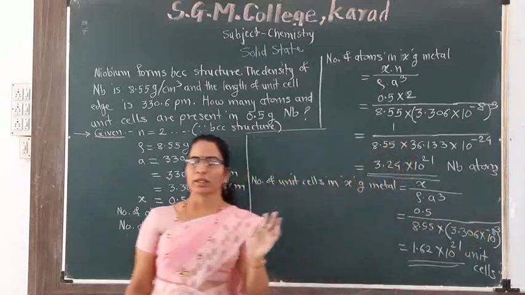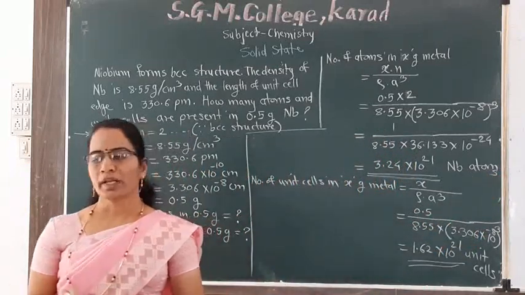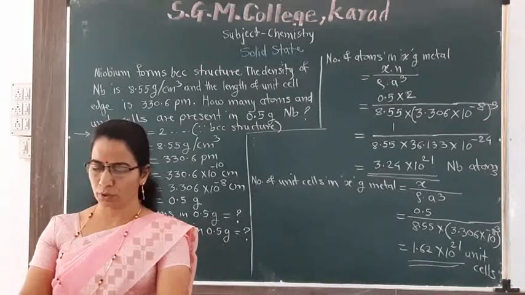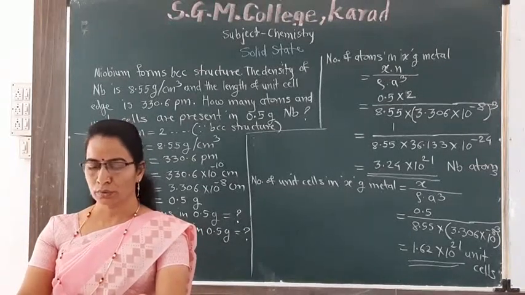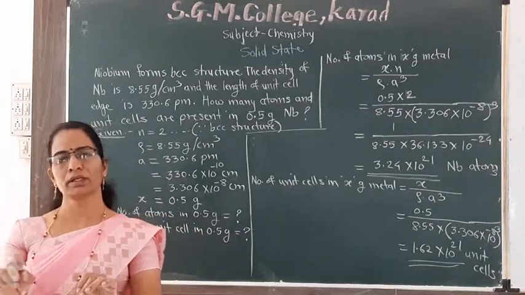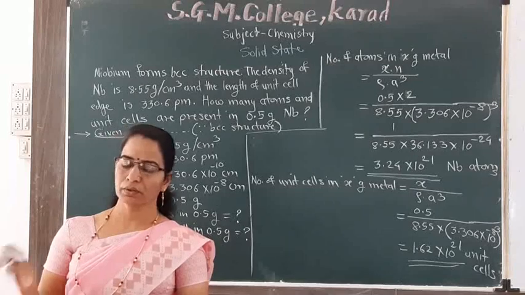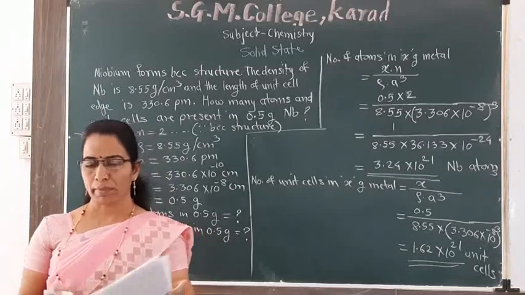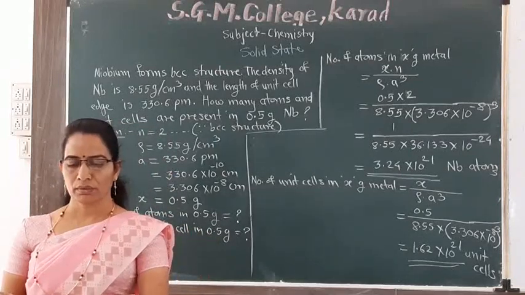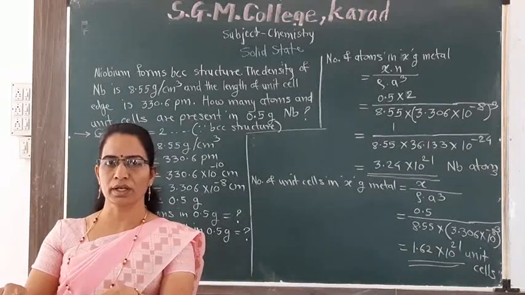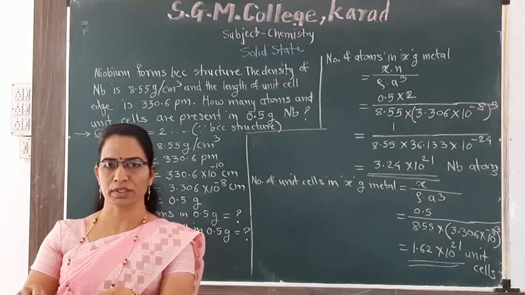Have you got it? In this manner, so many numericals are given in your textbook. Practice these numericals, and try to do the calculation by using a log table. Here we have completed the packing efficiency of the metal in the crystal lattice. In the next lecture, we will discuss crystal defects or imperfections. Thank you.